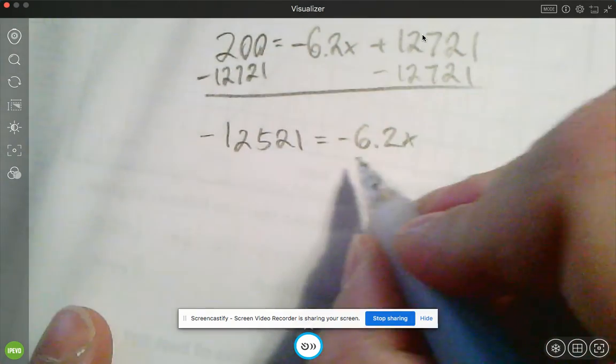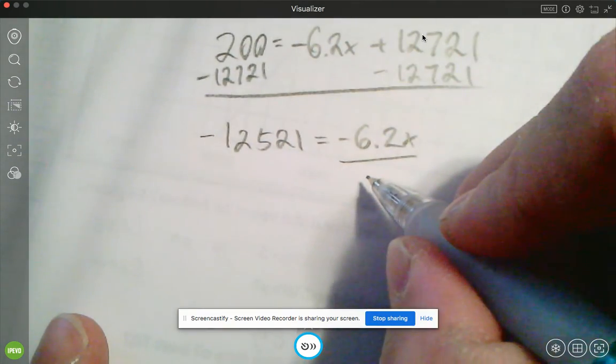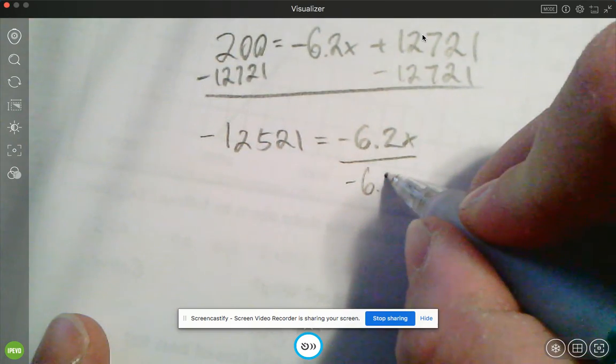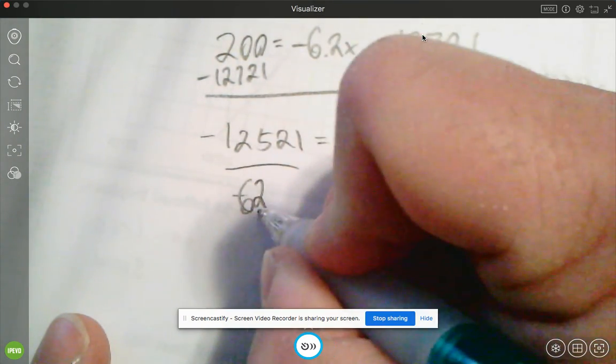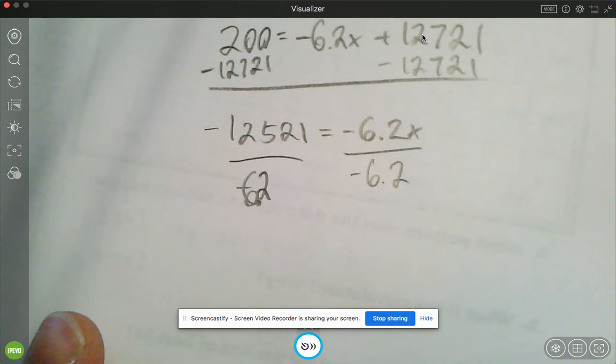Then the last step, just like we've always done since November and October, divide each side by negative 6.2, and I get